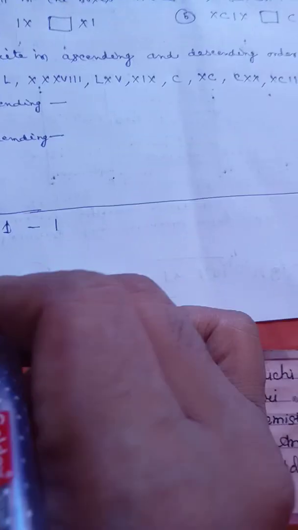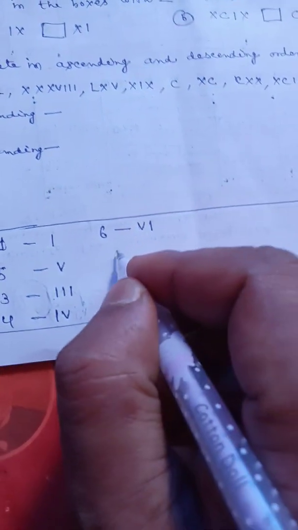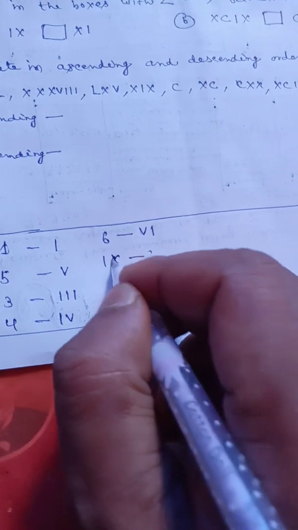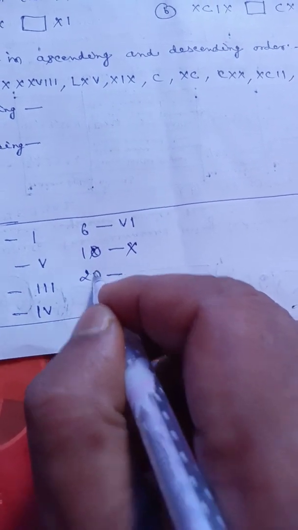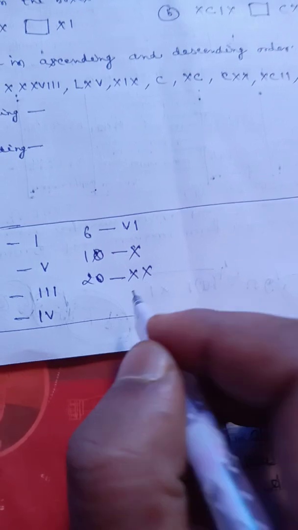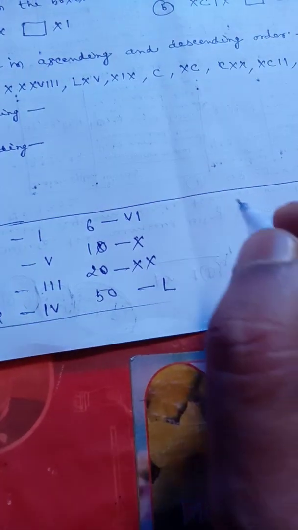How can we represent 1 in Roman numbers? We can represent 1 as I, 5 as V, 3 as III, 4 as IV, 6 as VI, 10 as X. 20 is represented in the Roman number system as XX, 50 is represented as L, and 40 as XL, 60